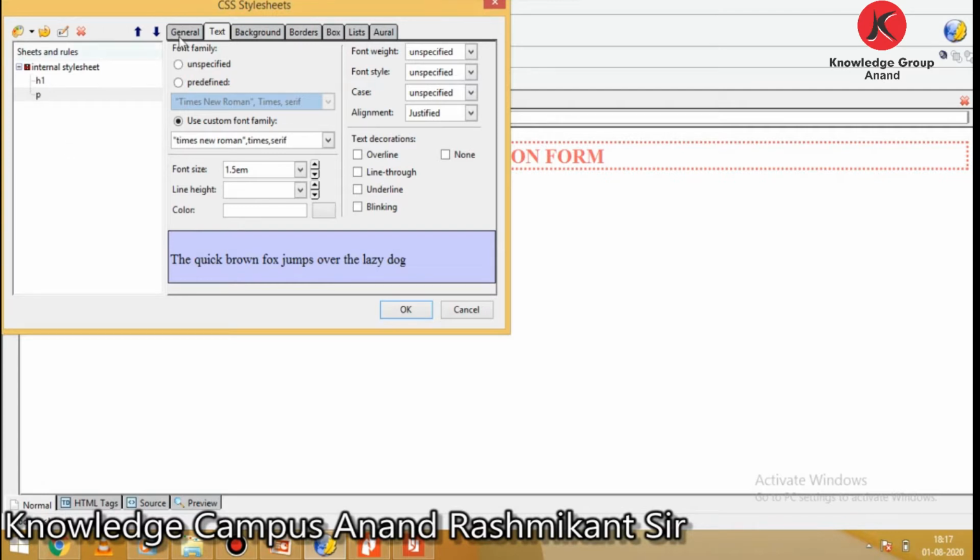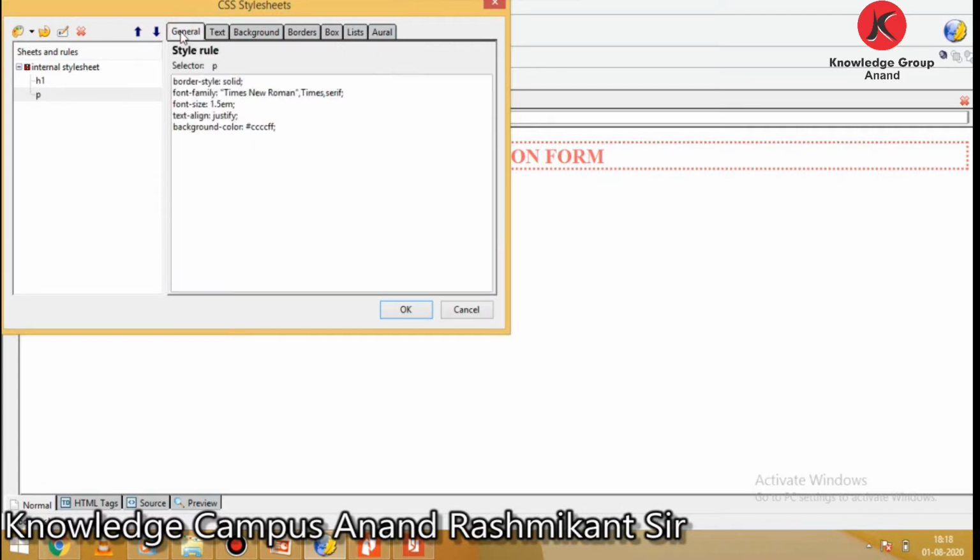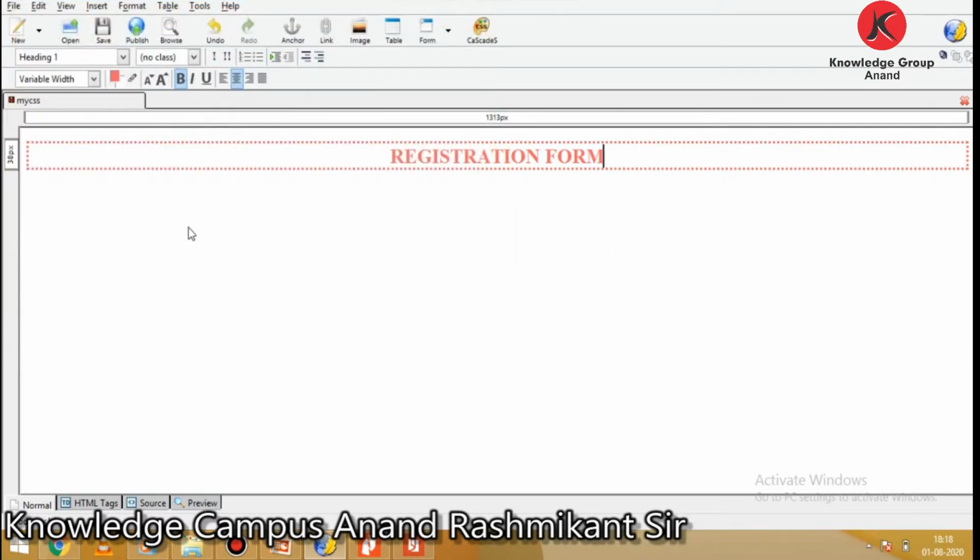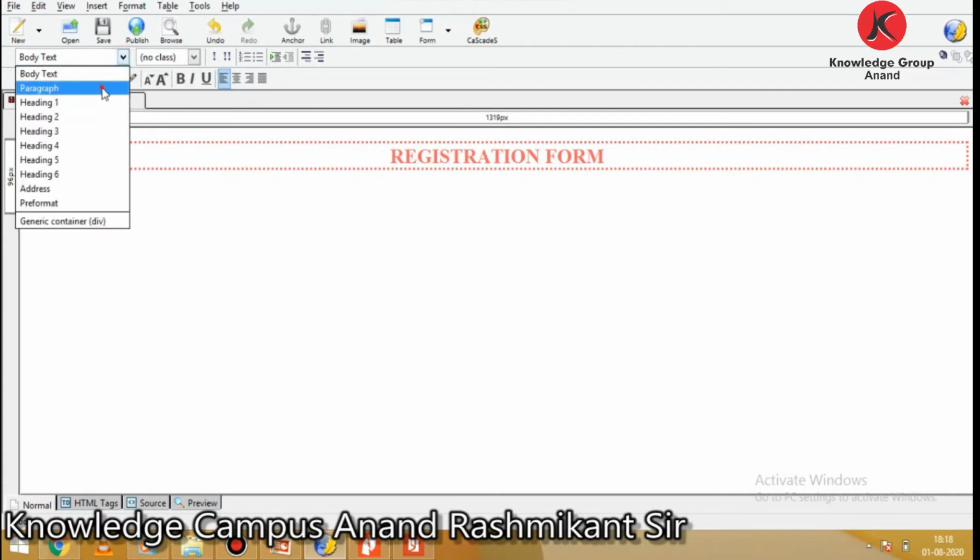Then you can click on general, and you can see P selected here, and it is a declaration for the tag element. Then you click on the OK button. Now if you want to apply a paragraph, select paragraph.